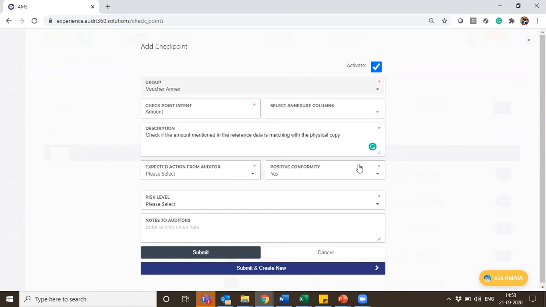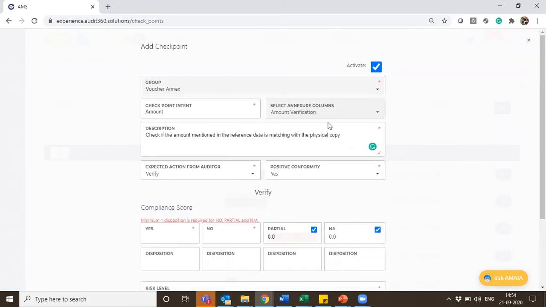Now because this is an annexure, it is mandatory for me to map the annexure column. If it is a general group, this section would not be mandatory. So now because I'm doing amount verification, I am mapping the annexure column. What happens when I do this mapping is that a checkpoint gets mapped to an annexure column.